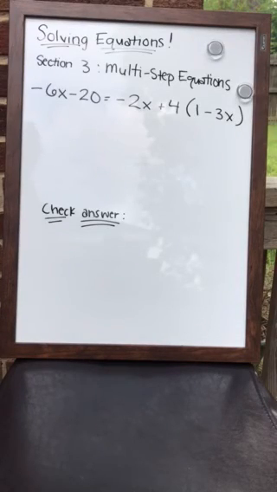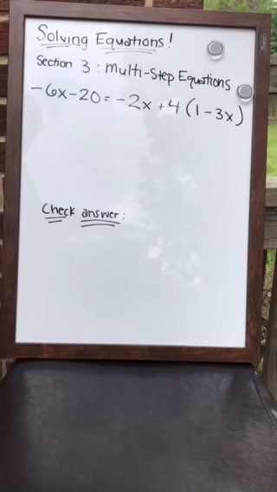In this section we're going to be solving multi-step equations. So multi-step equations are a little bit more complicated because they take some work to simplify both sides of the equal sign before we can start isolating for x. So what I want to do is look at my right side of the equation and my left side of the equation and make sure that they're as simplified as possible before I start moving anything to the other side